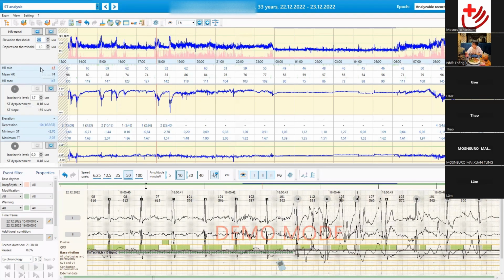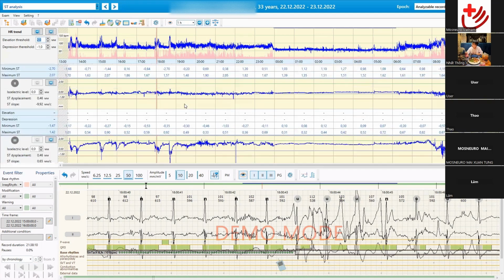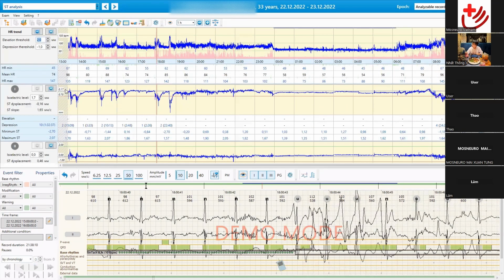I have a table view with these active links, but instead of heart arrhythmia events, I have these ST trend and ST events. And what I see here in this patient is a very characteristic dynamic of the ST